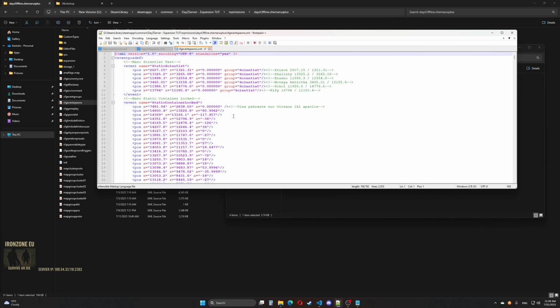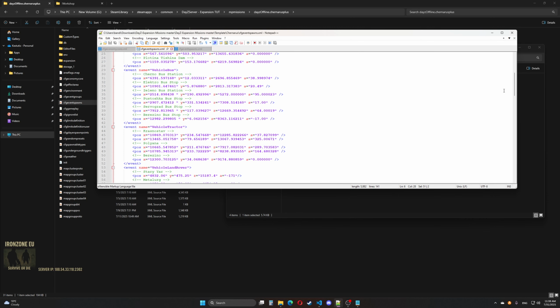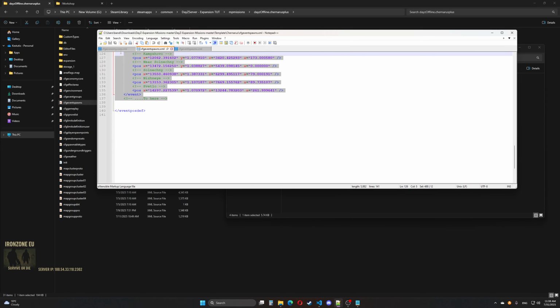But you need to do where it says copy from here, and copy to here. You just copy like this.